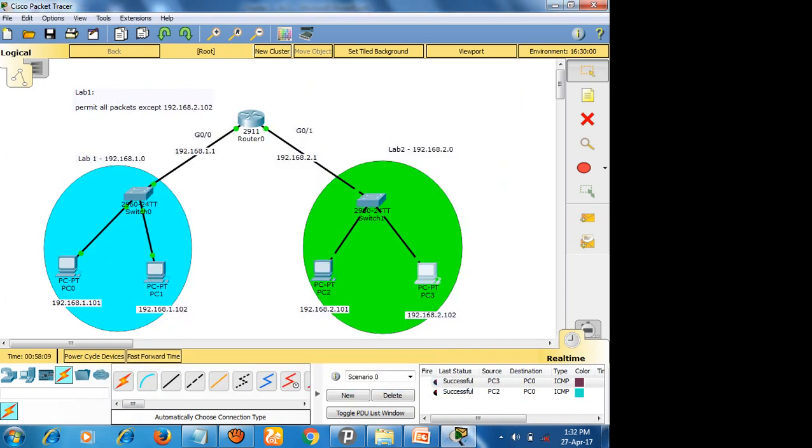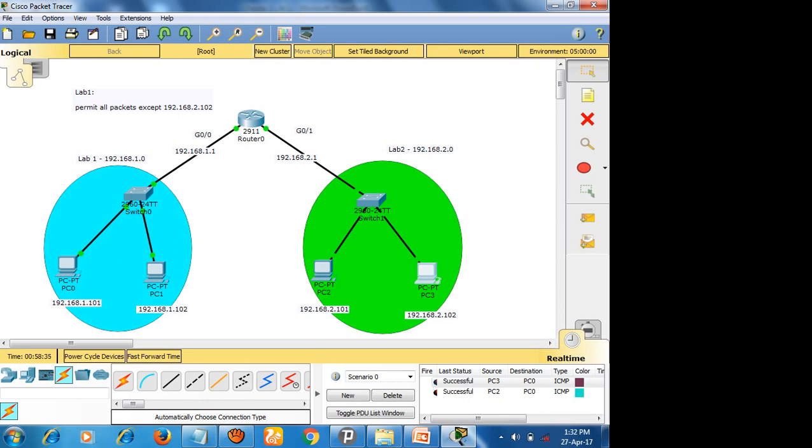So look at this. The 2.101 is permitted to access the 1.0 network, but the 2.102 is not allowed to access the particular network, right? So likewise, you can restrict a particular IP or a particular network, right? This is what the ACL is.